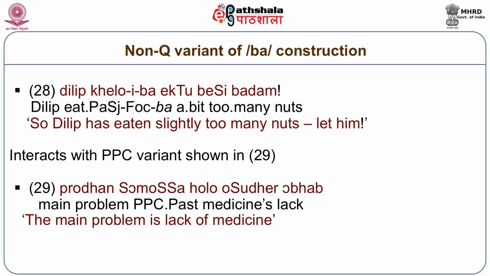Now you have syntactic variation here also. You can place the khelo I ba at the beginning of the sentence, the middle of the sentence, or the end of the sentence. We are not asking you to write a rule for this. We're not writing one for you. The reason we bring this in is that given that the past subjunctive has L in its morphology, khelo, and given that one of the variants of the positive polarity copula we talked about earlier has the same morphology, it ends in lo in the third person,